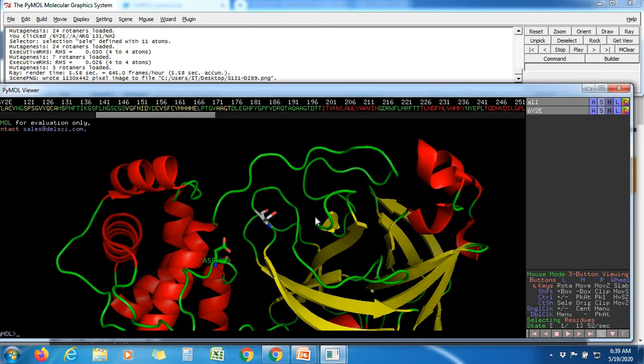Moreover, you can see the distance between two amino acids to know the interaction, and you can see the mutations also. So a lot of features you can use here, and you can use PyMol for your different purposes.